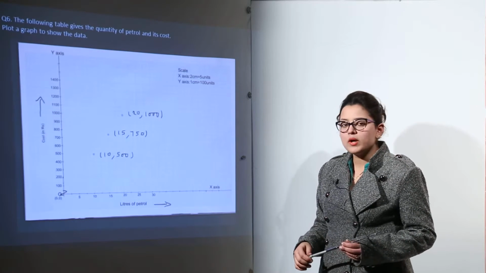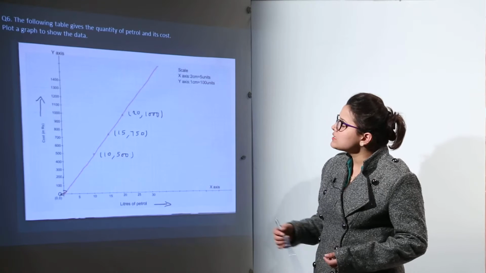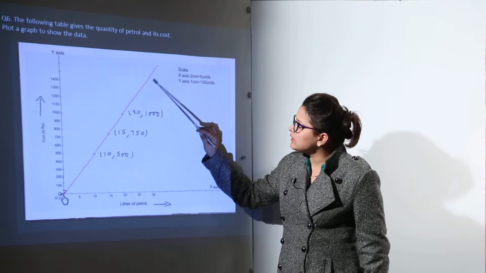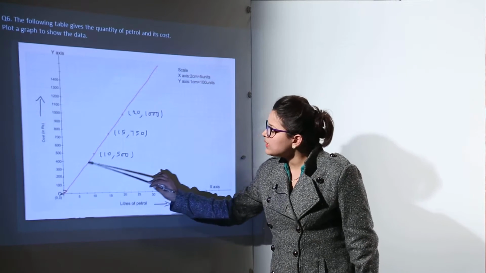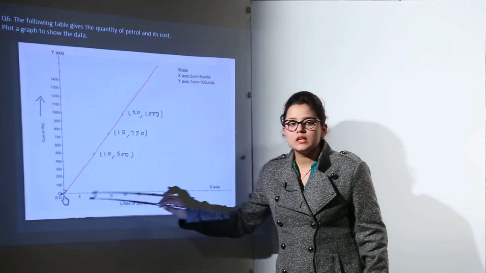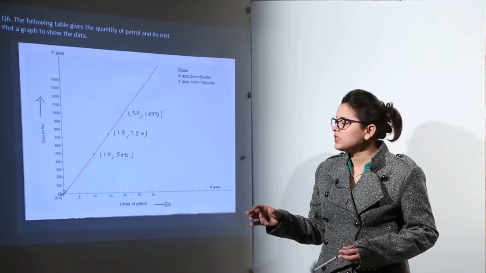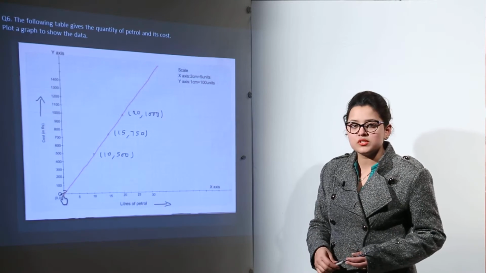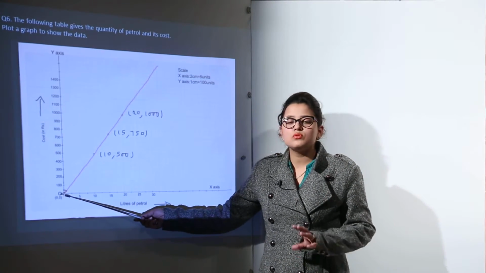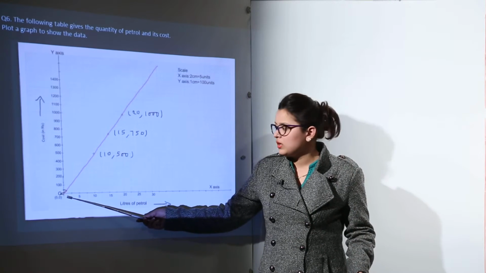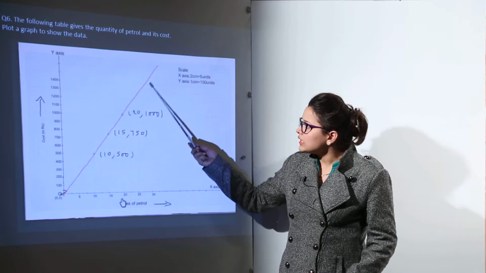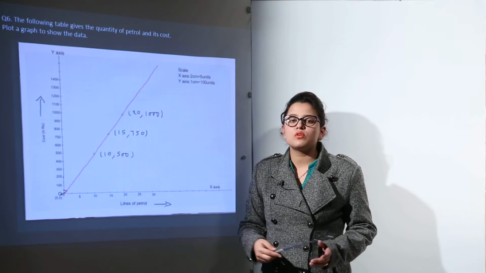Now can you tell me one thing? What are these points representing? Now see, these points are representing clearly that if you join them together, they are passing through the origin. The origin is clearly giving us the observation that if you use 0 liters, that means if you do not use petrol at all, you would pay 0 rupees. Similarly, you can get so many other observations from this graph.